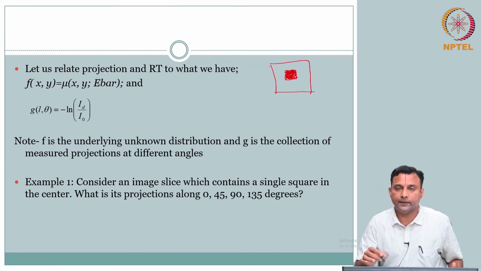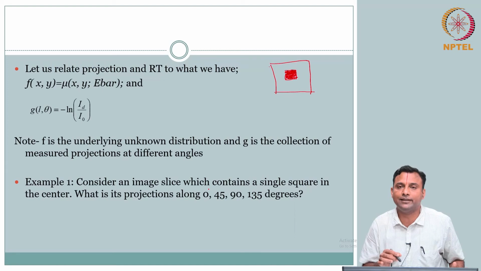Okay, this is the slice. So our objective is, I don't know this. This is the ground truth, right? I want to image from outside and try to see if I can come up with something that is close to this, right? So first step towards that is whatever we covered.